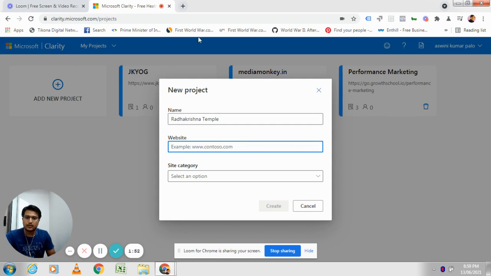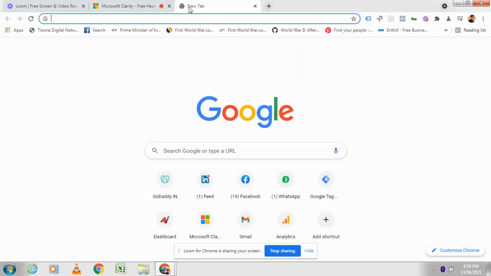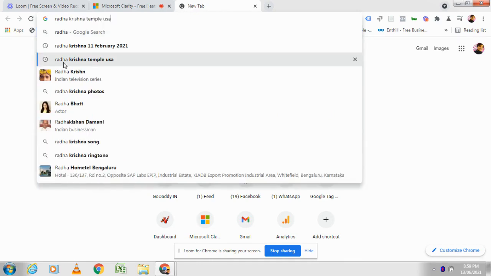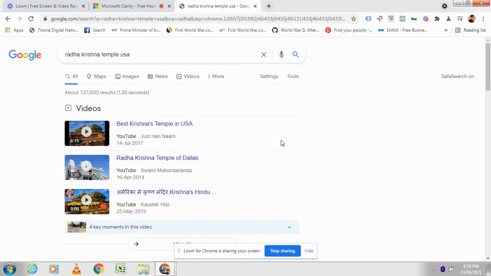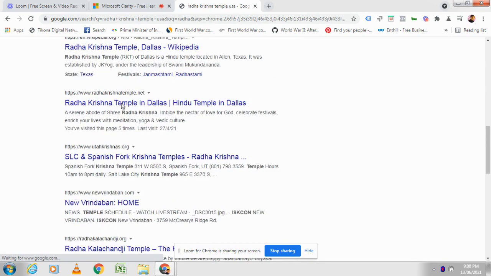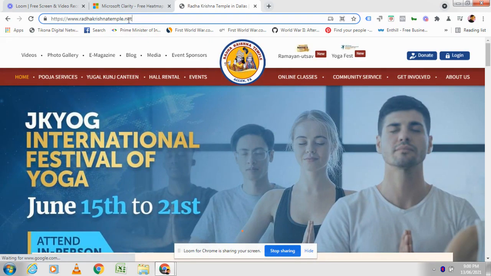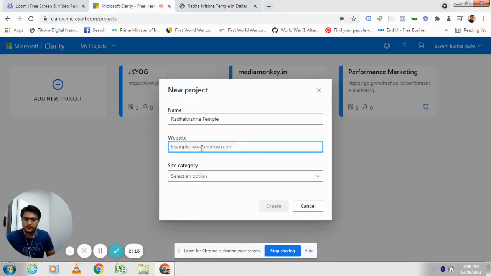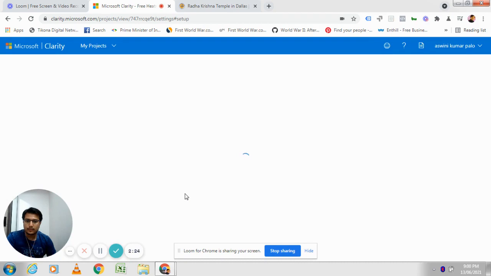Okay. Now the website URL. Okay, USA. Now this is the website URL. We'll copy this URL and paste it here. Now, what kind of site is it? It's a non-profit. Create. Once you do that,